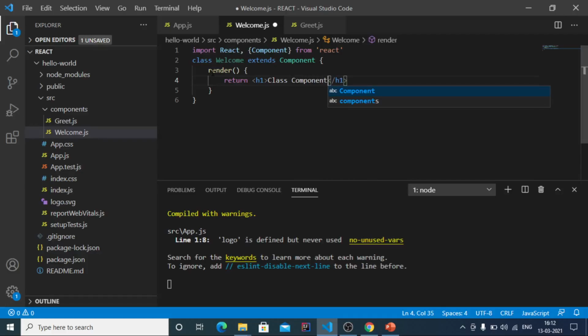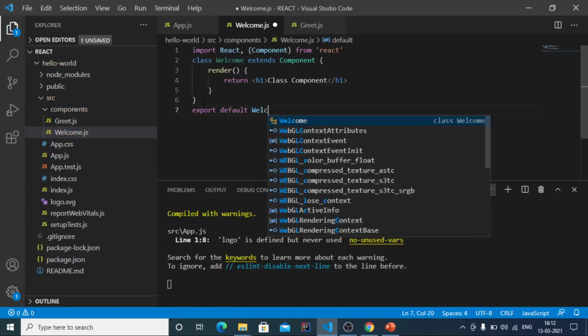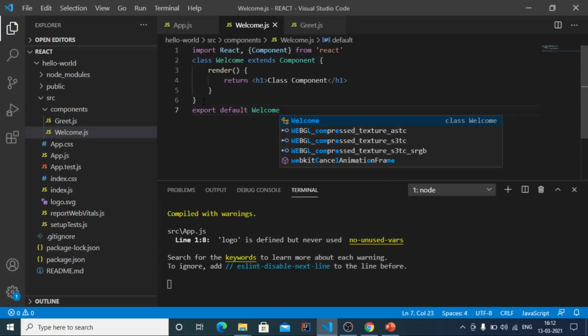Now again, this Welcome, which is a class component in welcome.js, is in no way connected to the rest of our application. So we need to do a default export of Welcome. Save this file.